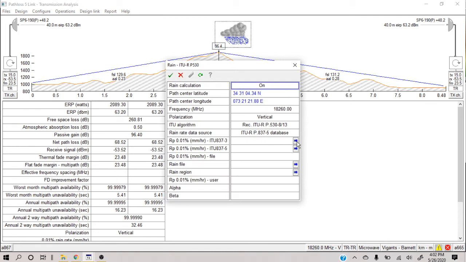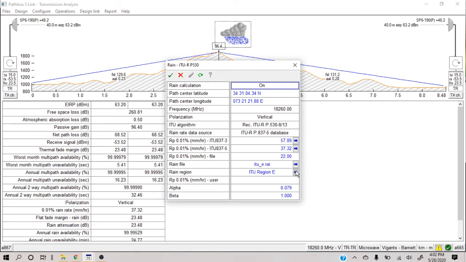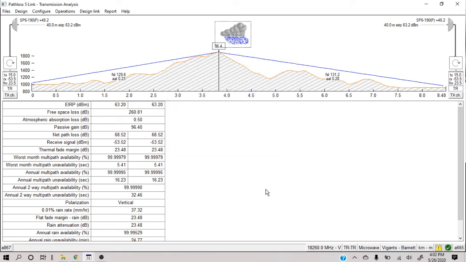But just remember that every time you make this, you will have to put these rain values again, because the rain criteria needs to be verified again. Here you can see the passive gain, it's 96. We are using 6 feet dishes.